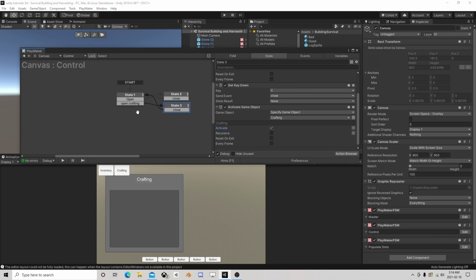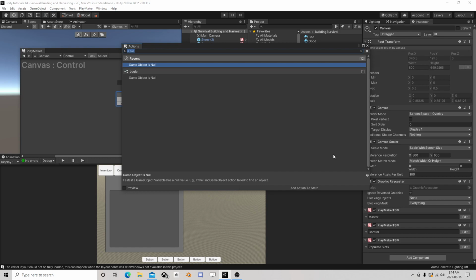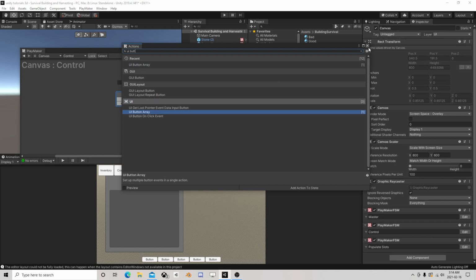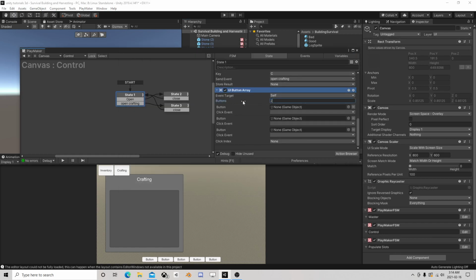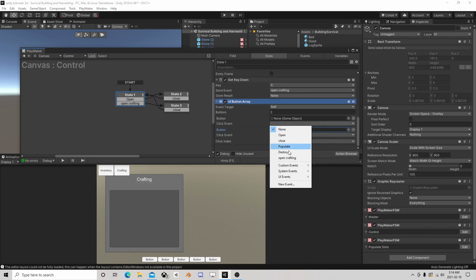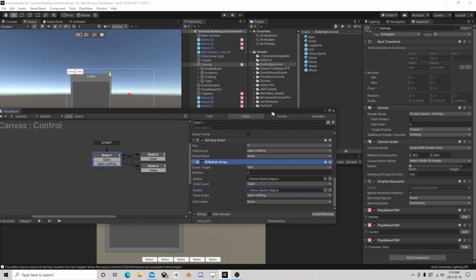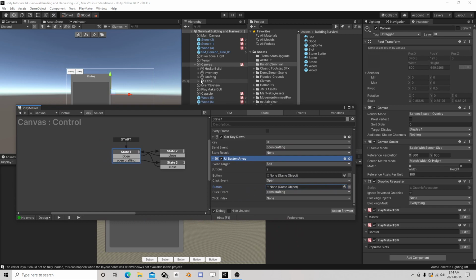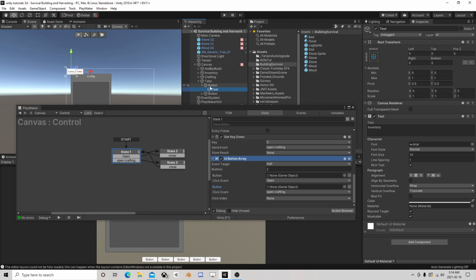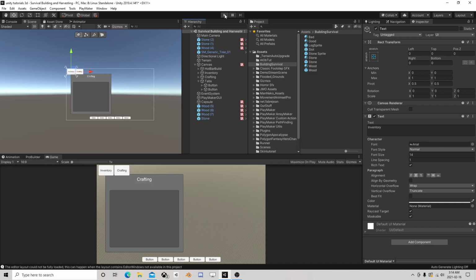Then on top of that, just because we like options, UI button array, we have 2 buttons, and we have one that's going to be open and one that's going to be open crafting. So the one that's going to be open, if I was smart I would have labeled these things, so the inventory and the crafting. Okay, so now